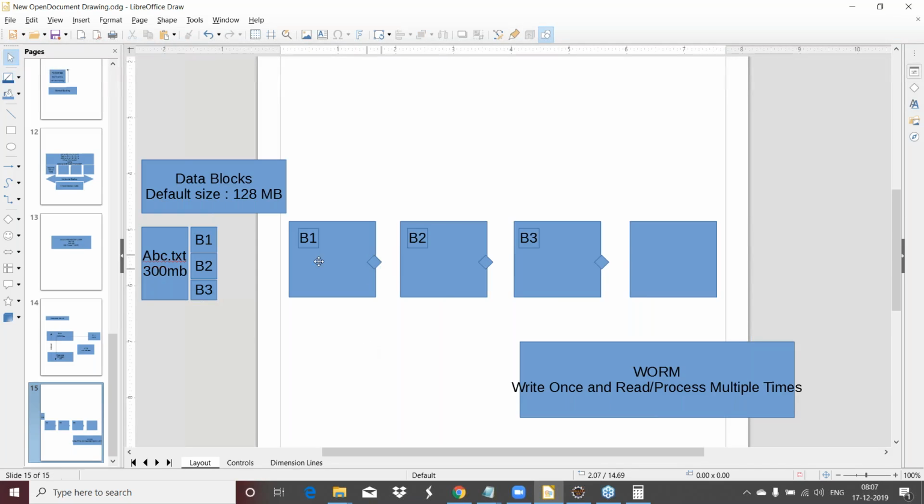So what Hadoop says is that my data is already here in these three machines in terms of these three blocks. Hadoop says that I'm not going to move my data when I want to process it. Instead of moving the data, I will make this processing logic get transferred over the network, and I'll make it available in all the machines where my blocks are available. And that is how Hadoop is overcoming the problem.